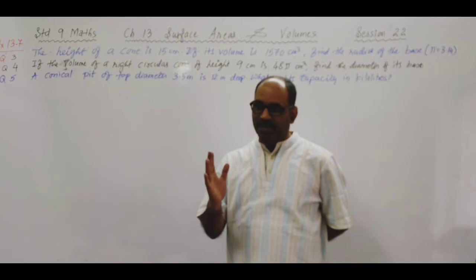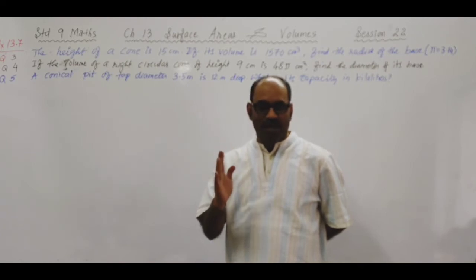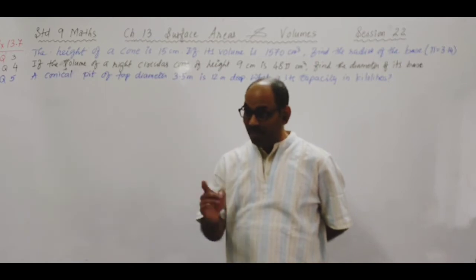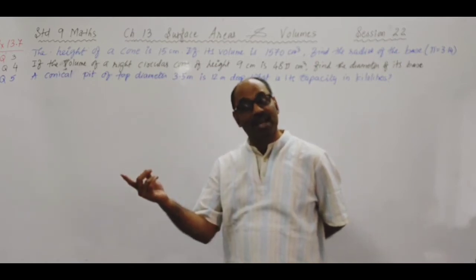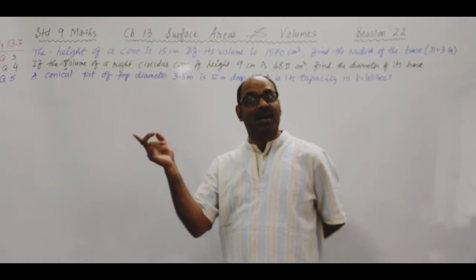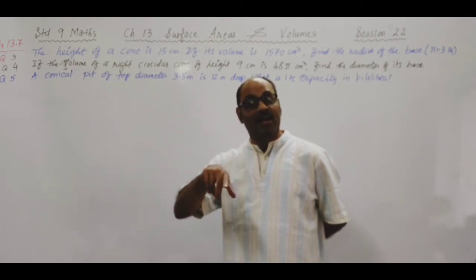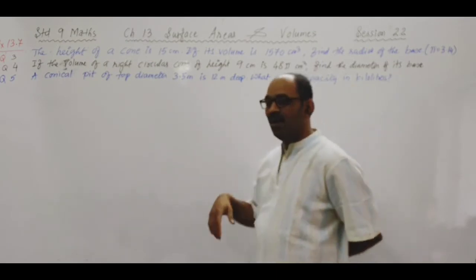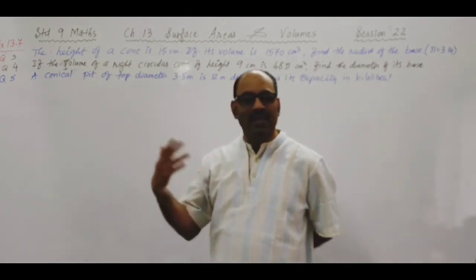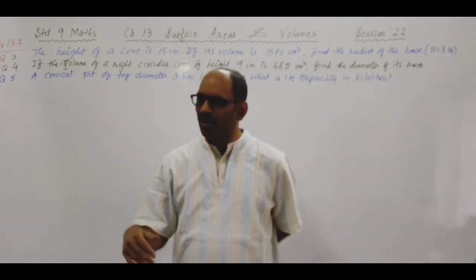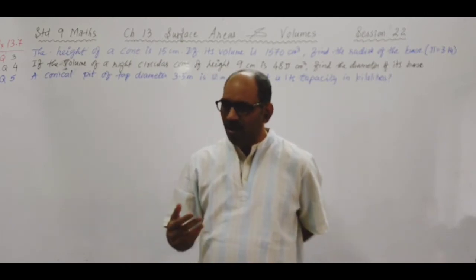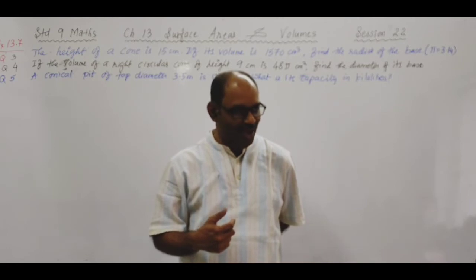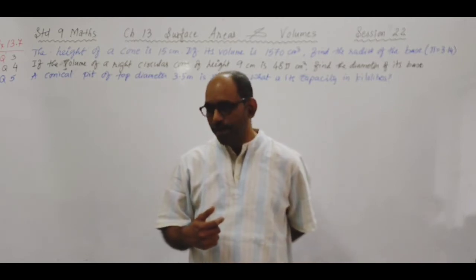When you are finding capacity, remember 1 cubic meter is 1000 liters and 1 cubic centimeter is just 1 milliliter, and 1000 milliliter is 1 liter. And here in the last one, kiloliters. 1 kiloliter is 1000 liters. Alright. तो ये relationship capacity के लिए आपको याद रखना होगा. Is that clear? Yes. Okay.